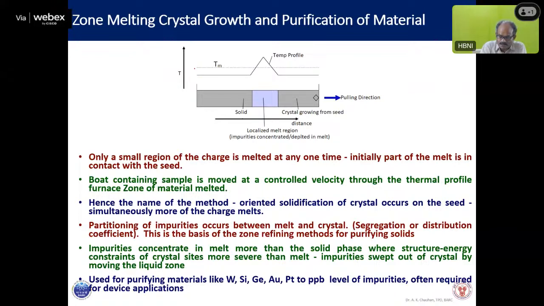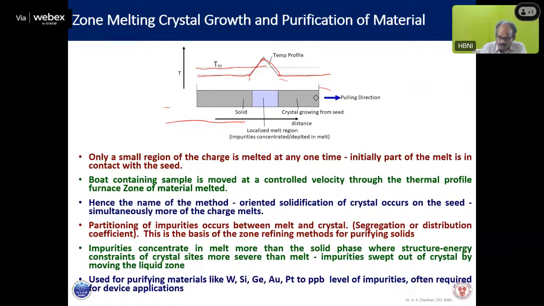Suppose the melting point of the material is this. In that case, you will make a furnace where the temperature profile will be like this. Here the temperature is constant, here the temperature is constant, and in between you will have a high temperature, and then a low temperature. So when you start this entire assembly from this place and start slowly moving in this direction,